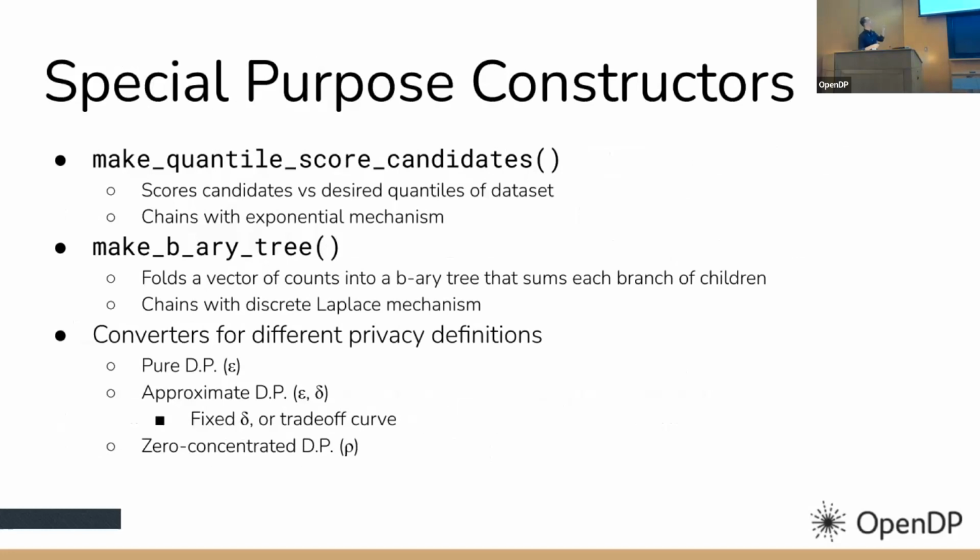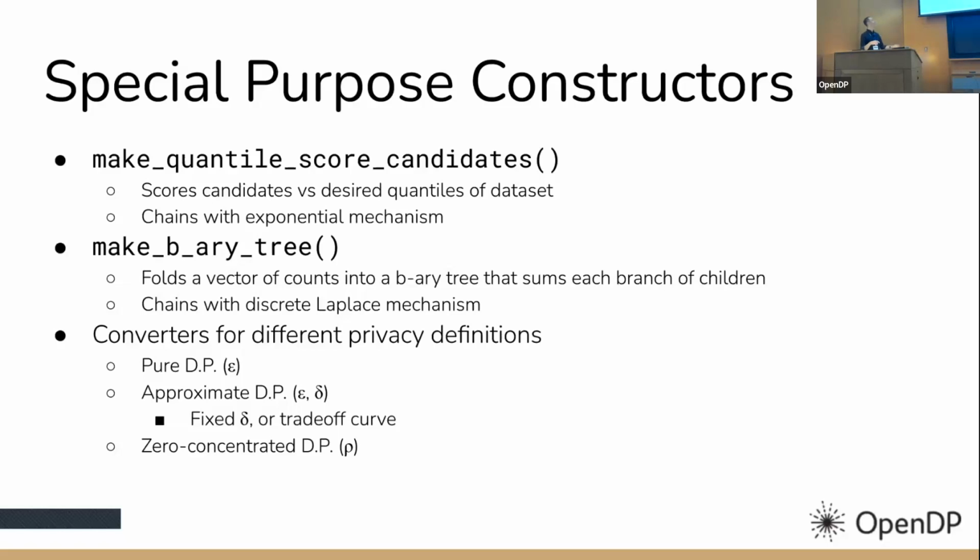There's one for generating scores of candidates versus quantiles that chains very nicely with the exponential mechanism, using the scores to do the exponential choice. We've got Vyrros trees, which fold vectors of counts into trees that sum up their children. That chains with Laplace. And then we've got a whole bunch of converters, so you can go between different definitions